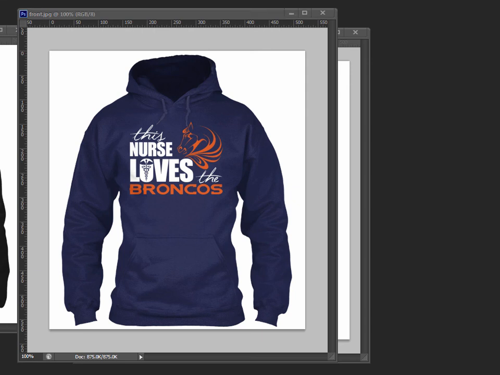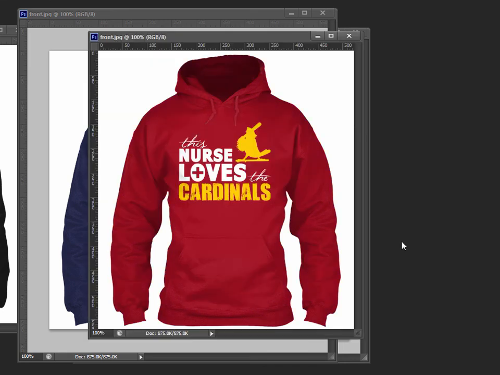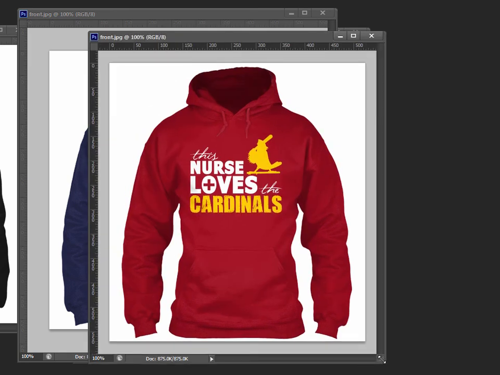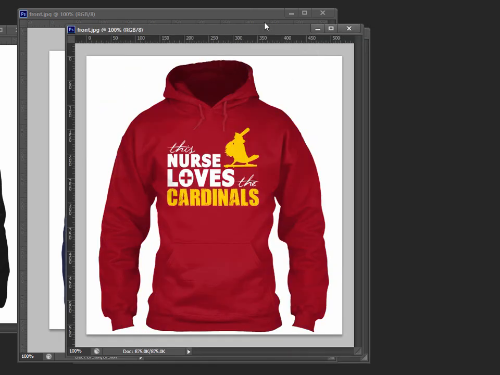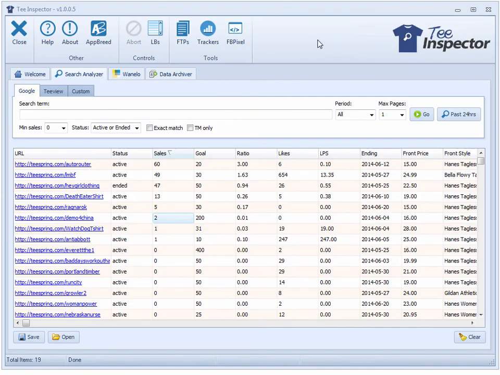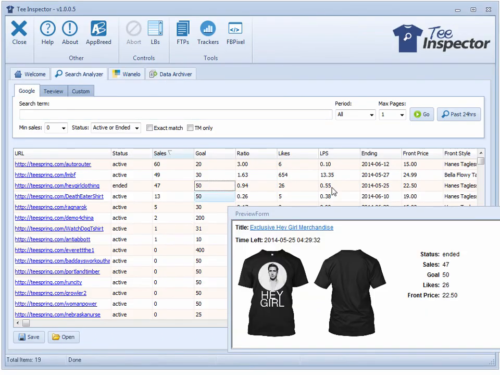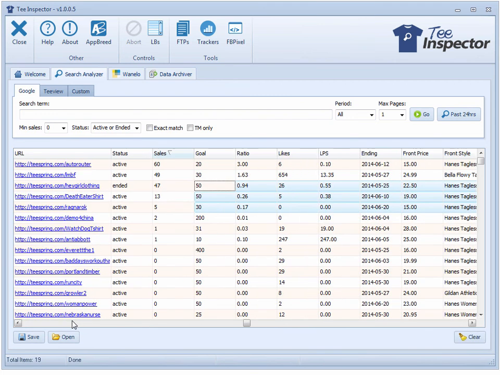And I did apply this to another shirt that did well, this one here, the Nurse Loves Cardinals. And you can expand this out to Teacher Loves Cardinals as well. But that was just an idea. So when you first come up with your idea and you find a shirt that was just released and it's making sales, you have to jump on it and make all those designs right away and pump them all out in one single campaign where each shirt is its own ad set within Facebook. Of course, I'll talk about that when you get to the Facebook module of this course.